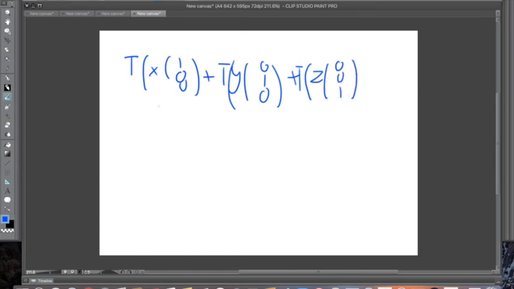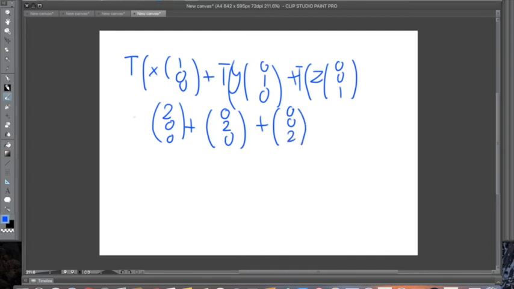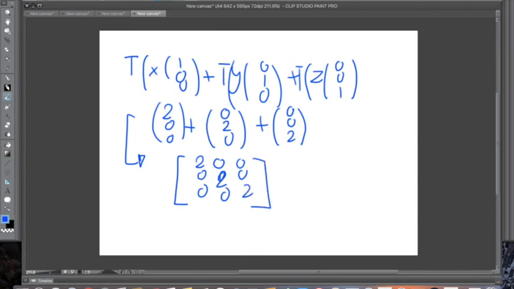When we separate it and output the T, it will be 2 0 0 plus 0 2 0 plus 0 0 2, and we will do it into the matrix. The matrix of this will be